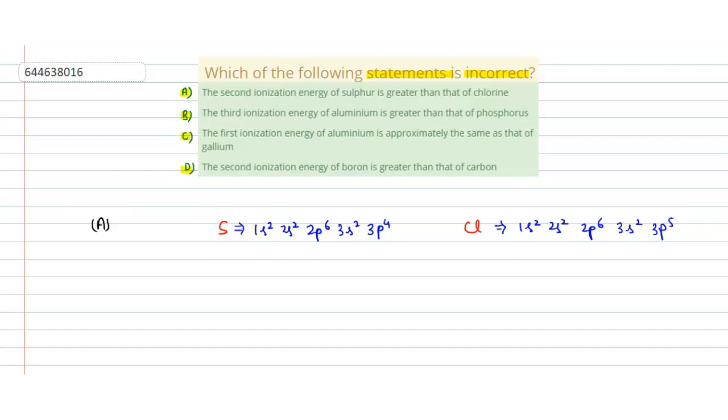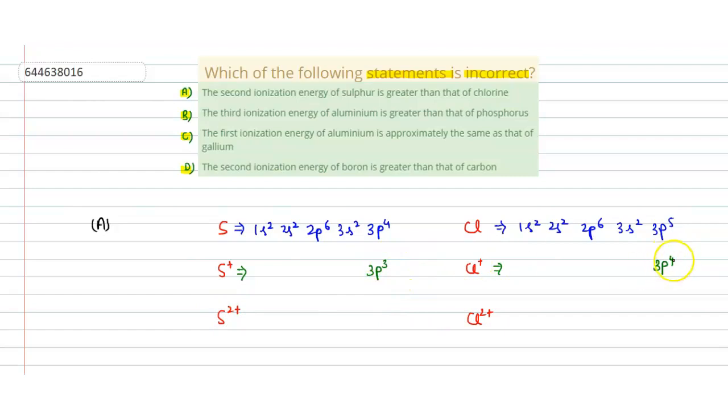After giving one electron, this will convert into S+, and this will convert into Cl+. This is ionization energy, so we are removing one electron. Then the electronic configuration is the same, but this converts into 3p3, and this into 3p4. In the third part, this will convert into S2+ and Cl2+. Which one gives up one electron easily?